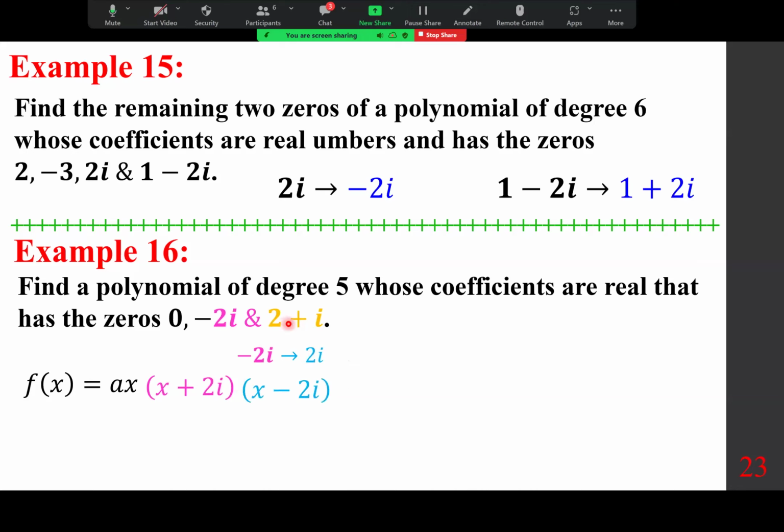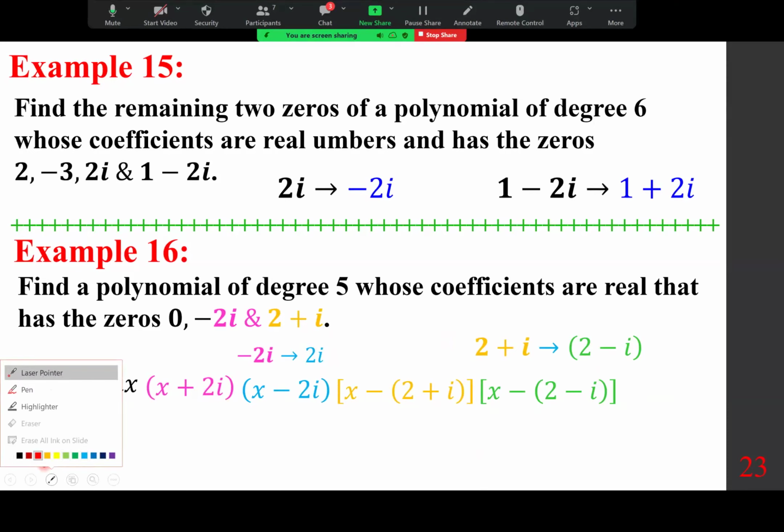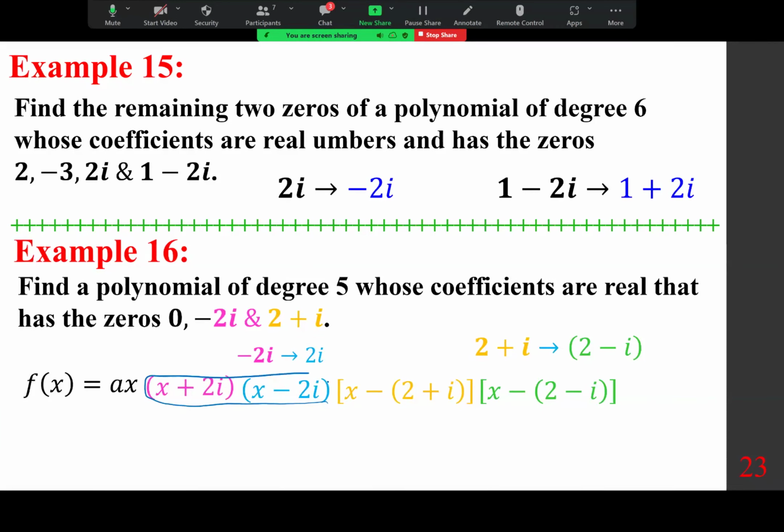2 plus i, so x minus that: x minus 2 plus i. And 2 plus i means also 2 minus i must be a zero, so times x minus 2 minus i. I'm going to leave it for you to do the multiplication. The only thing that I want to quickly tell you, I hope you realize this too, I'm going to just show you this one and leave it as that. I hope you recognize this one as x squared